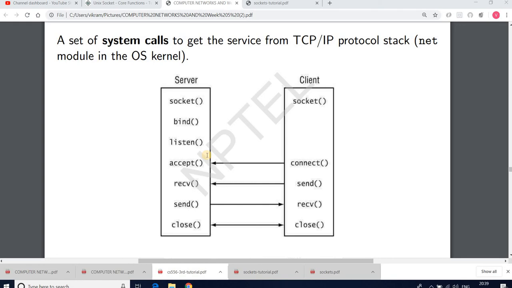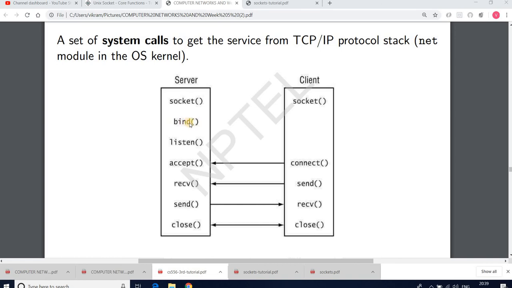Now, how does the server actually work? On the server side, you first have to make a socket system call. The socket system call creates the server side opening of a logical pipe, and it binds the socket with your TCP/IP protocol stack. To bind the socket with the TCP/IP protocol stack, you have to call the bind function.